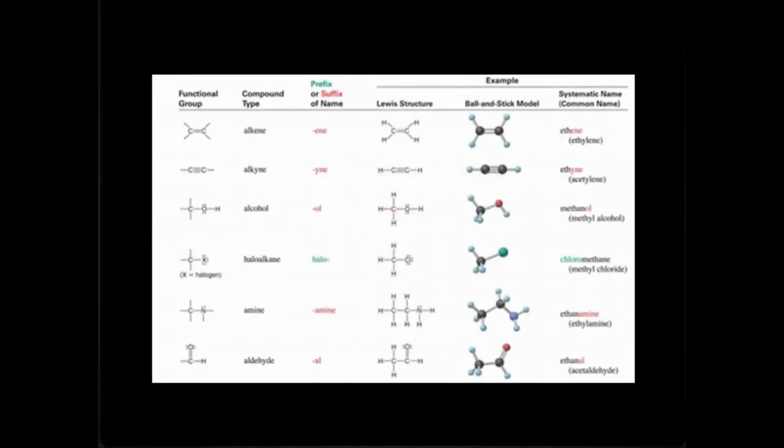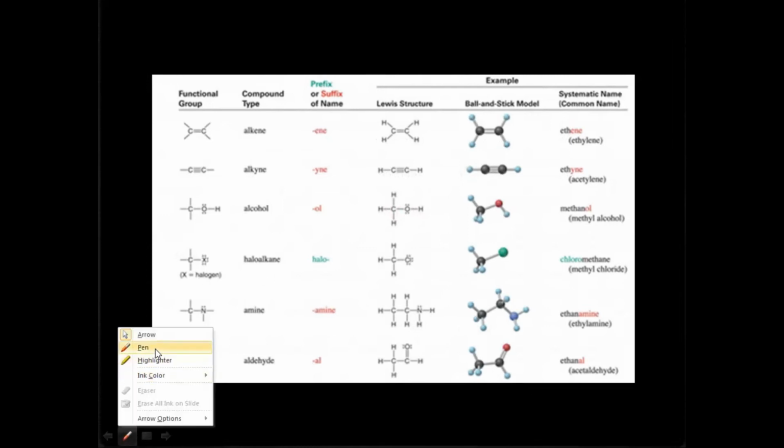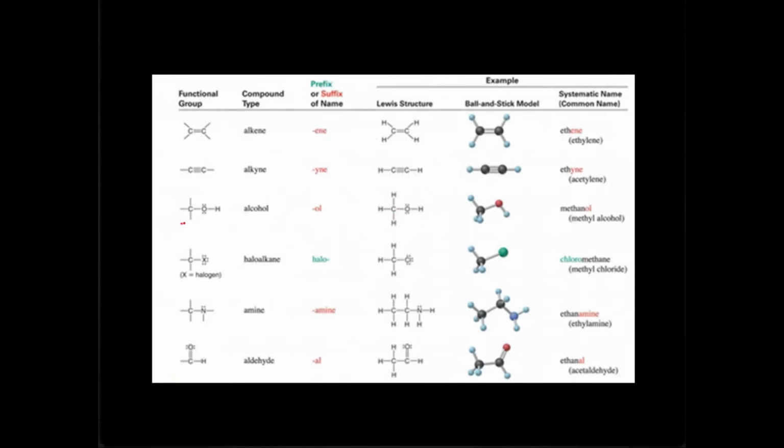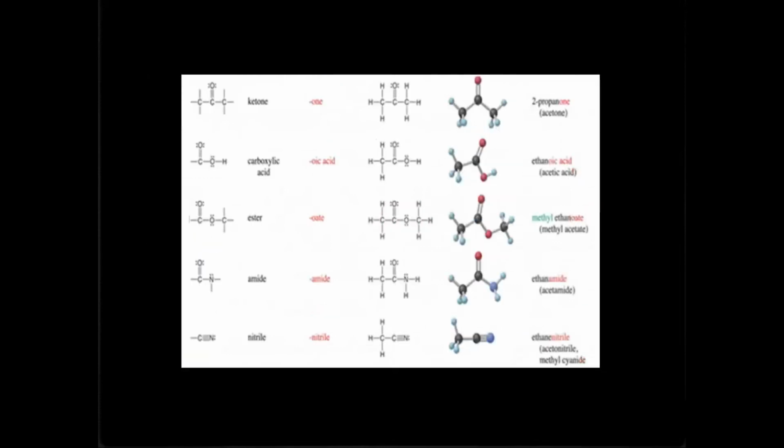These are some functional groups that must be memorized, like alkenes have a double bond, alkynes a triple bond, alcohols OH, haloalkanes X, etc. And here, instead of this C, you can write R that shows the alkyl group, any alkyl group, for your convenience. And these functional groups must be memorized.